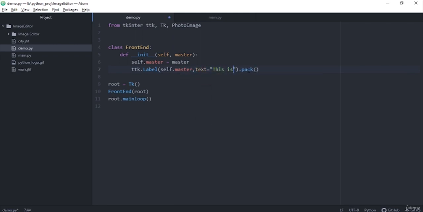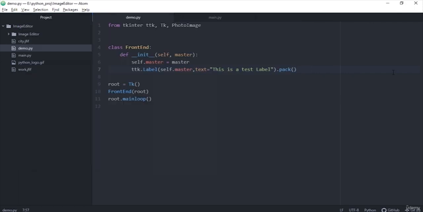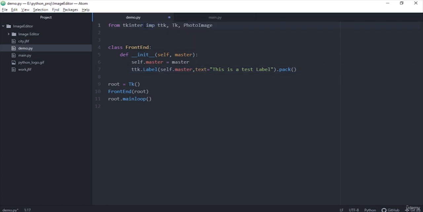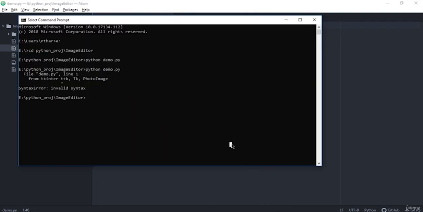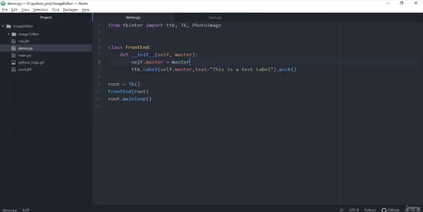Text is equal to... oops, I forgot the import here. So from tkinter import ttk and so on. Yeah, it's now working. So I'll be using the grid method for the labels here, but for now let me